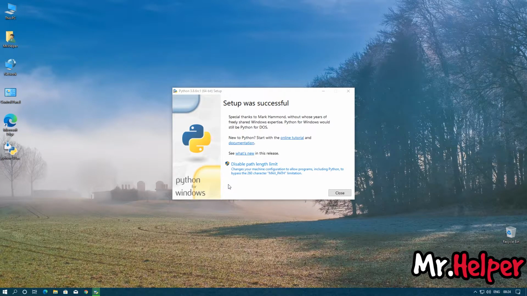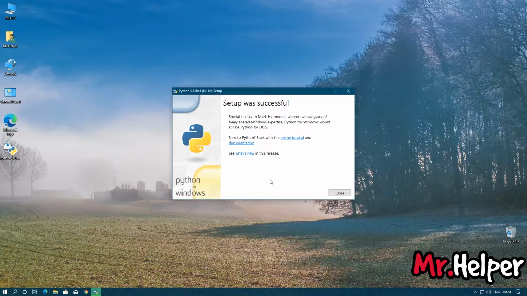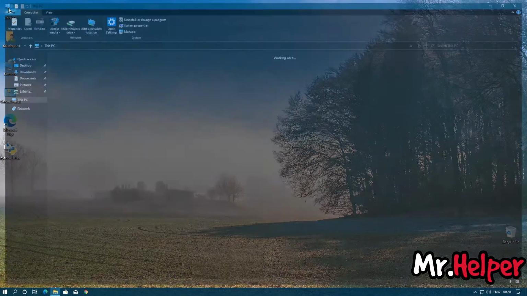Okay, if you are having this disable path limit, click on it. If you are not having it, it's okay. Now click on close.